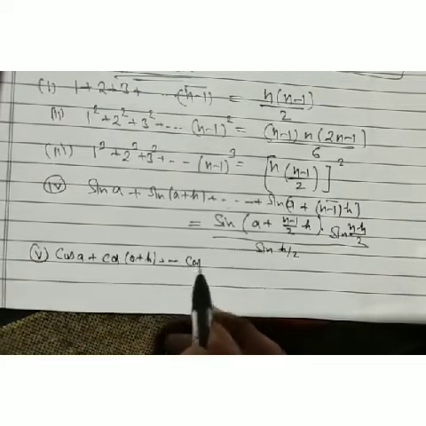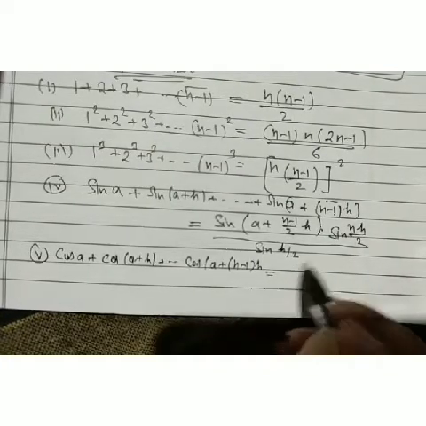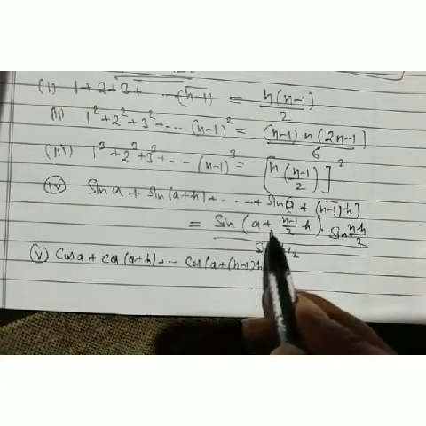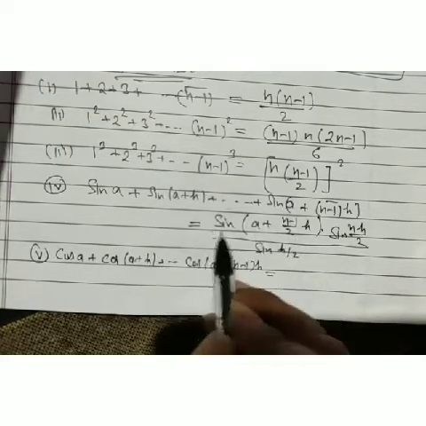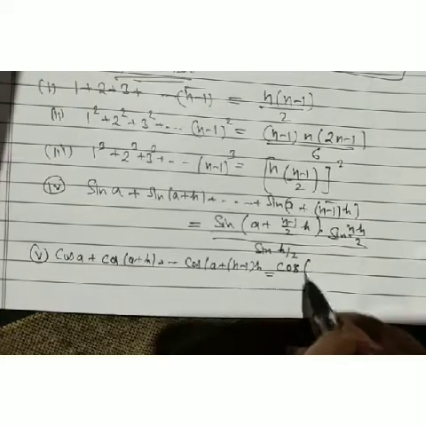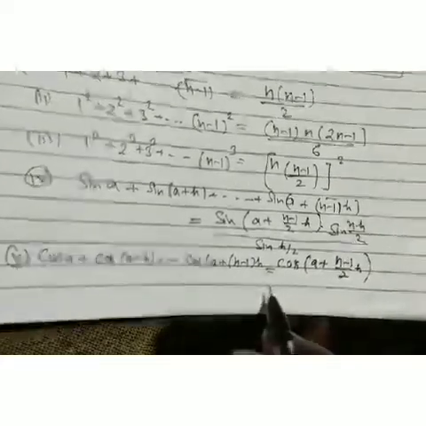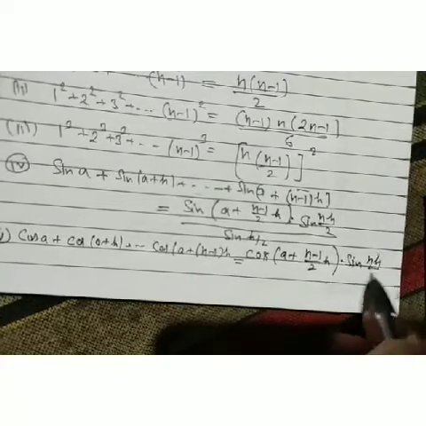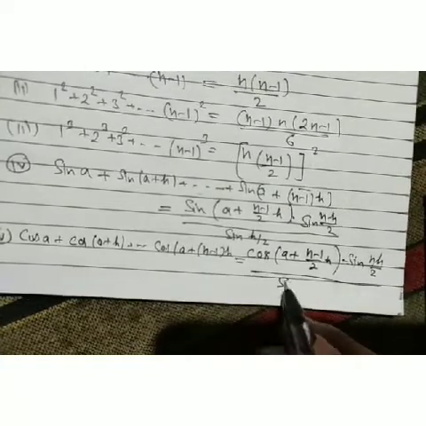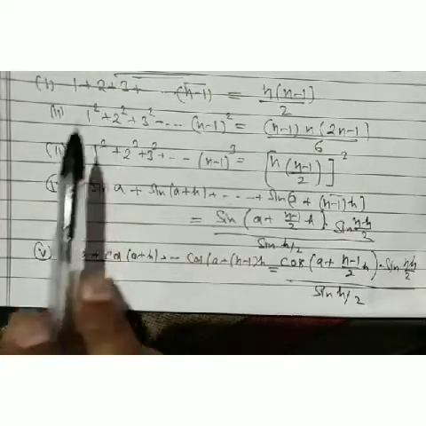And lastly we have cos A plus cos (A plus h) plus ... plus cos (A plus (n minus 1) h). Its sum is given by a similar process. In the sine formula both are sine, but here the first factor is cos only: cos (A plus (n minus 1)/2 h). Only this is a cos term, the others are just the sine formula, sine (n h by 2) divided by sine (h by 2). Now you have to learn these five basic concepts, because they are used in limit as sum.